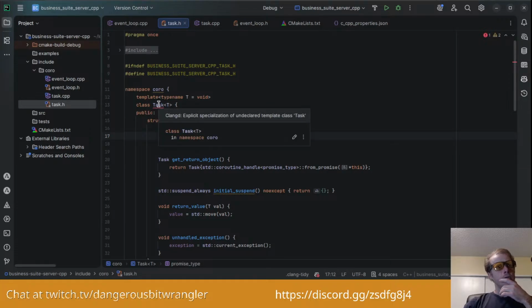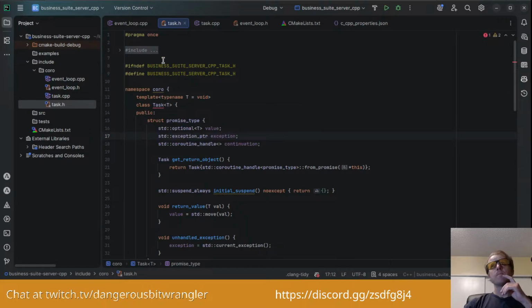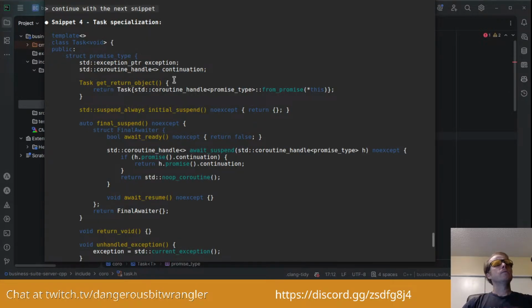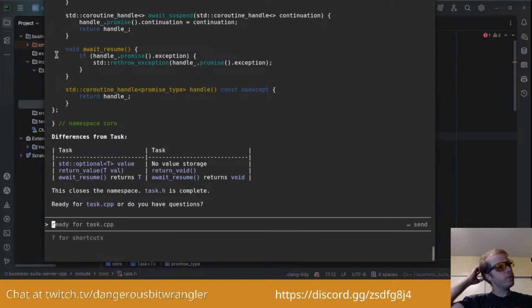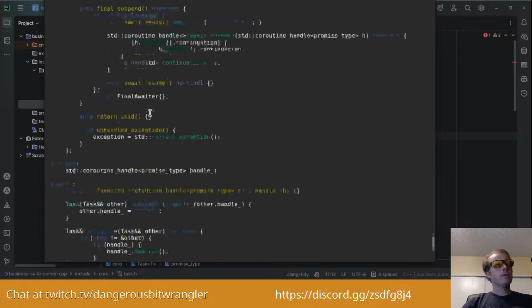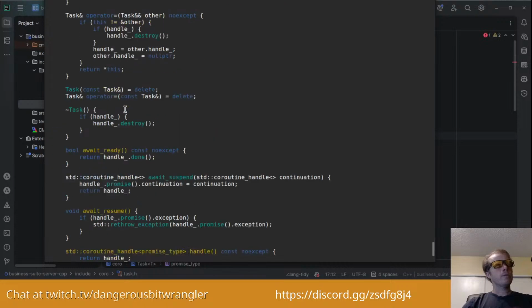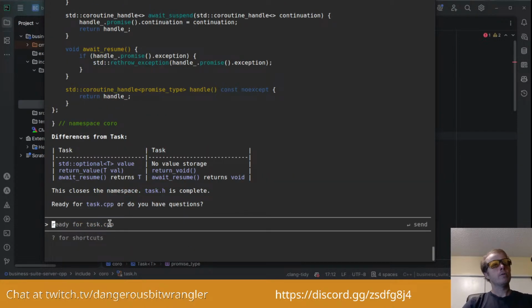Let's see here. It says explicit specialization of undeclared template class task. I need some expert C++ people in the chat. Let me try asking this guy.